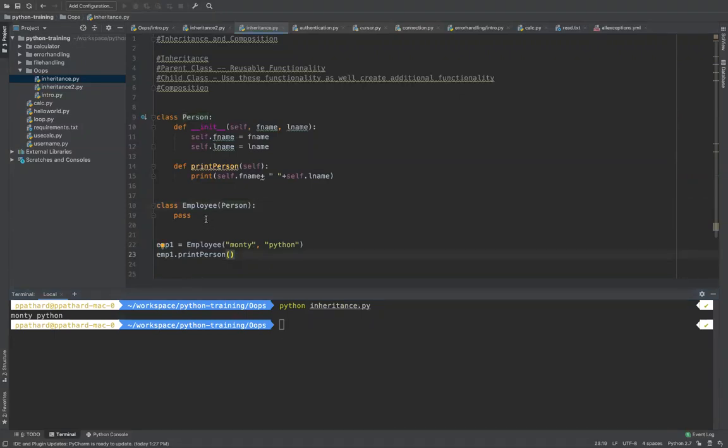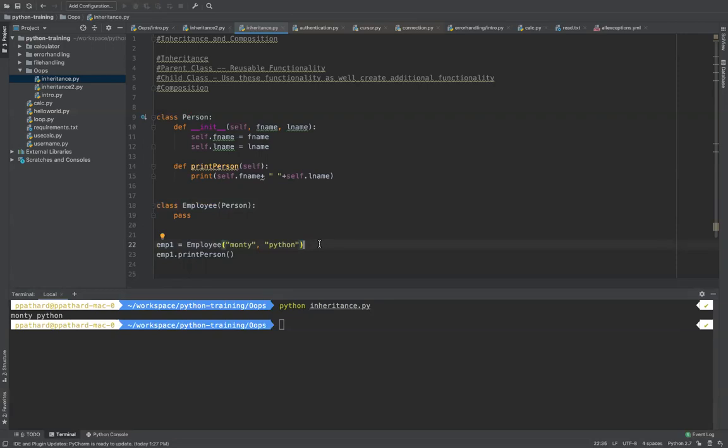So one thing that you observed here was you have not written any functionality within the Employee class, but you have taken advantage of a parent class called Person, and you created an object of Employee. And you used a functionality that is already defined in the parent class called Person. So this is how you create inheritance between two classes.